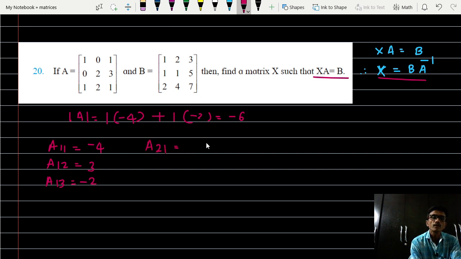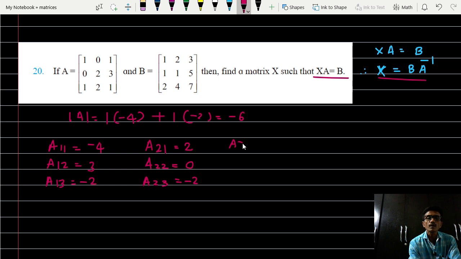देन A21 is equal to minus of M21. सेकेंड रो और फर्स्ट कॉलम 0 1 और 2 1. So expansion actually -2 है लेकिन नेगेटिव साइन. A22 is equal to M22, 1 1 और 1 1 ये 0 आएगा. A23 is equal to minus of M23, सेकेंड रो और थर्ड कॉलम 1 0 और 1 2. इसका एक्सपेंशन है 2 सो नेगेटिव साइन भी -2.